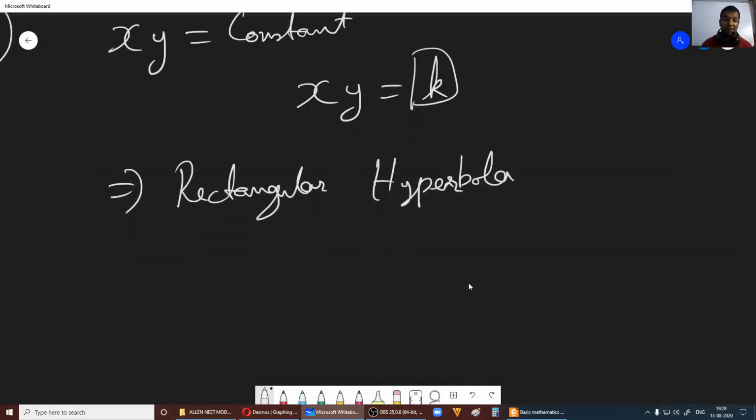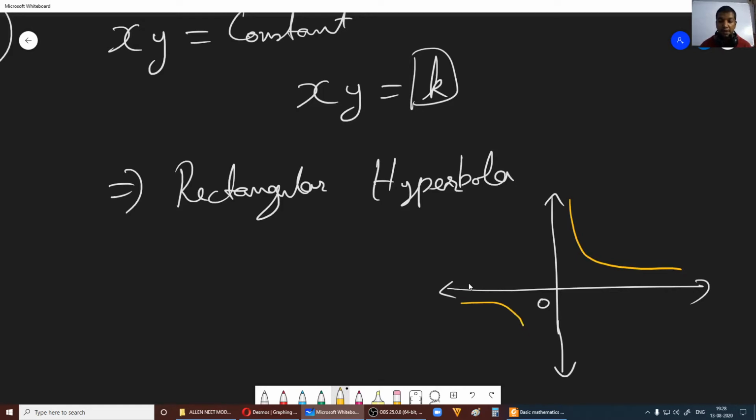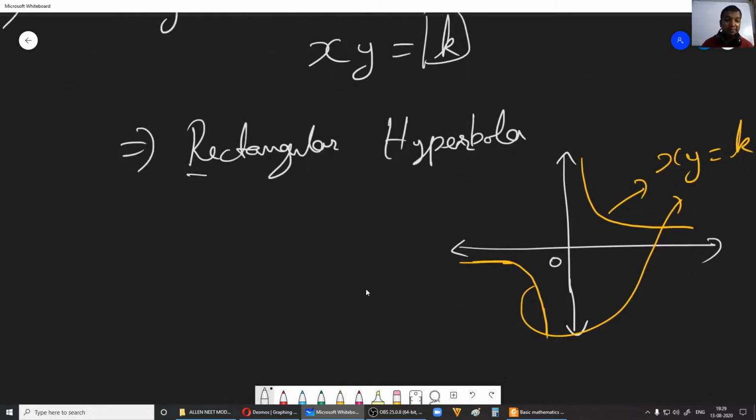Now why we need to learn all this, you will come to know, because there are many chapters in which you will be getting a pattern like this. So you will get it this way and like this. Both of them together represent the equation of a rectangular hyperbola. What is a simple, normal hyperbola? I'll tell you, we'll see it in a bit.